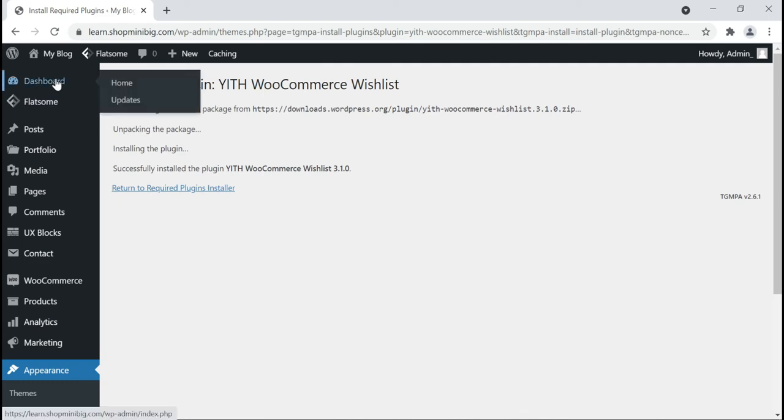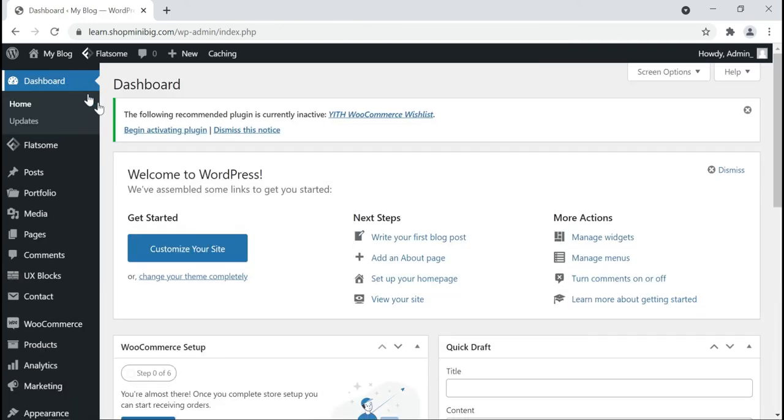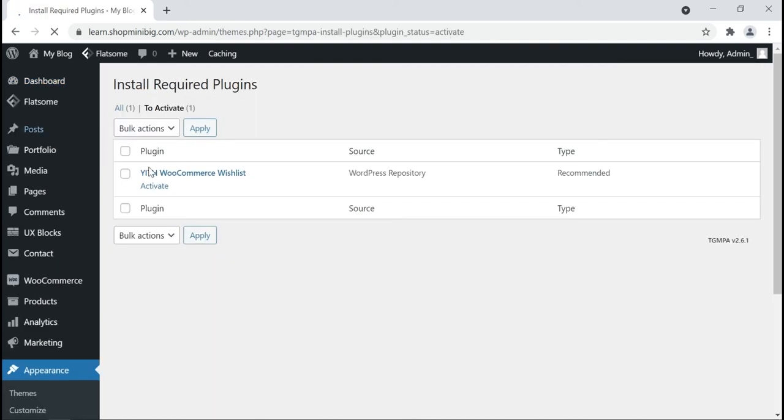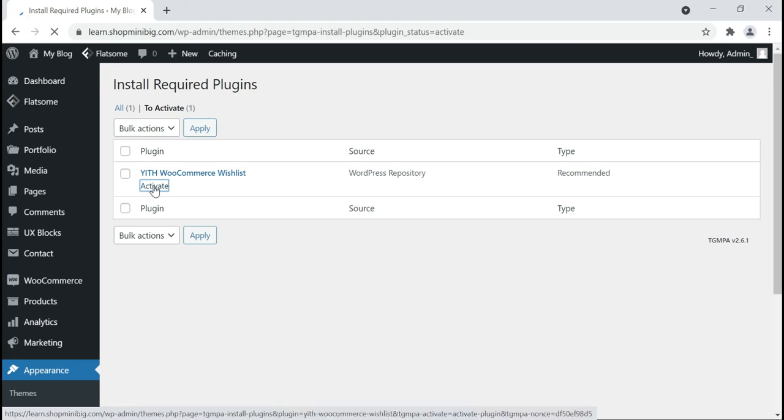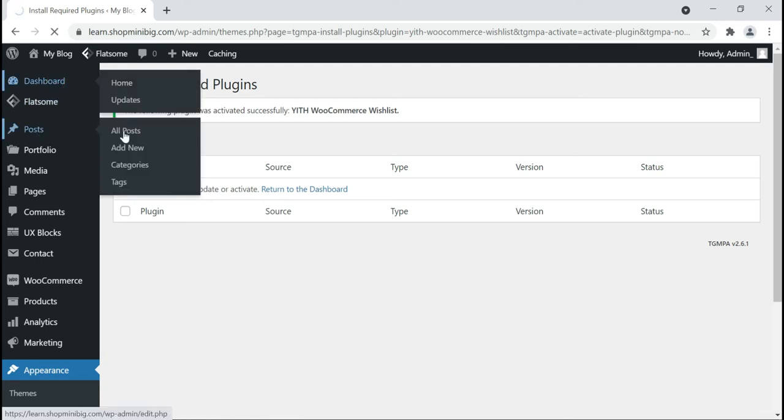Click on dashboard. Click begin activating the plugin. To activate this plugin, click activate. This is the WooCommerce wishlist plugin. Now again come to dashboard, then go to all posts.